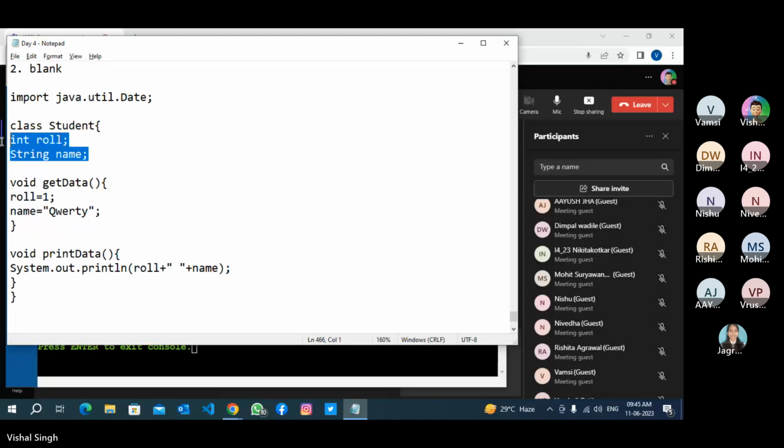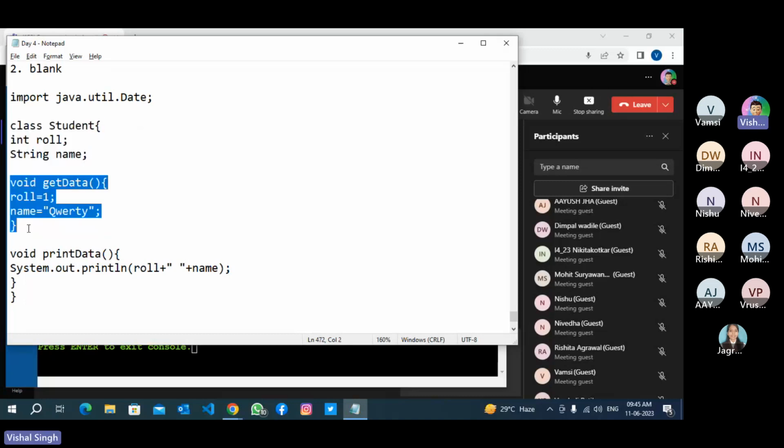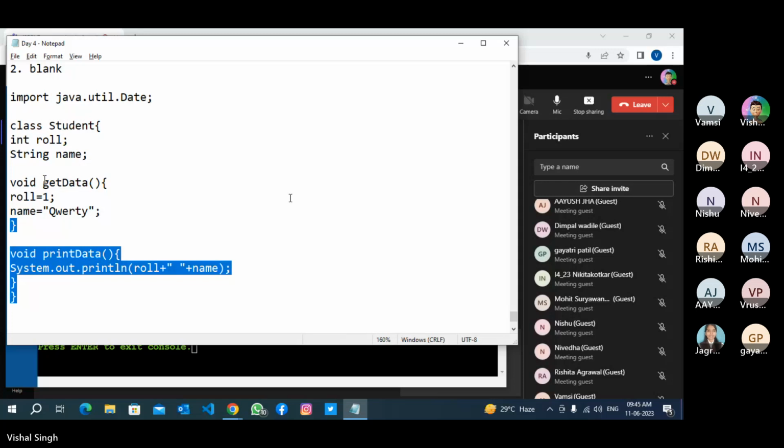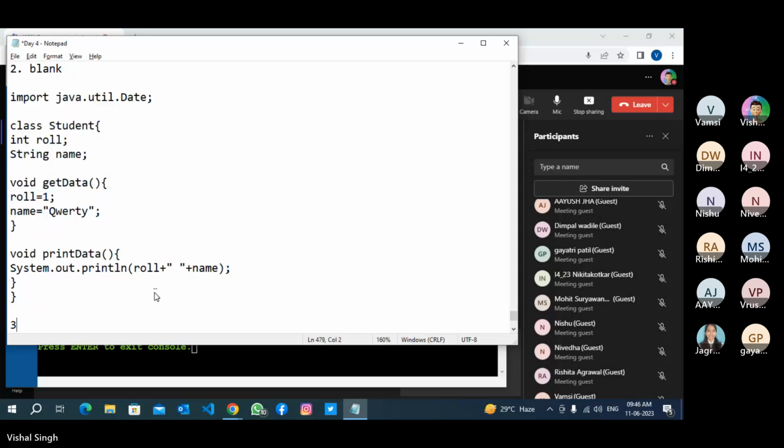This is the import statement. This is a class, member data, member method one, member method two. If you don't follow this rule, no problem. There is no grammar error and no syntax error. But if you are in the development field, you have to follow some community guidelines. This is the community rule that in every project, between two different things, you have to write a blank line to make it simpler and clearer. Okay. So this is blank. The third one is